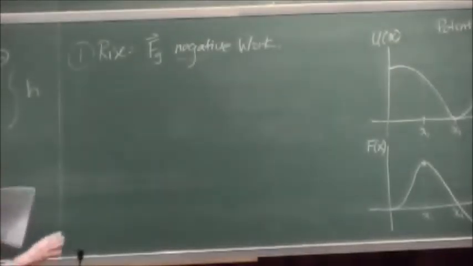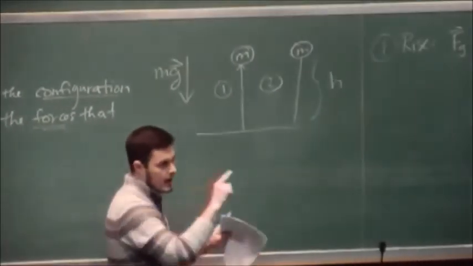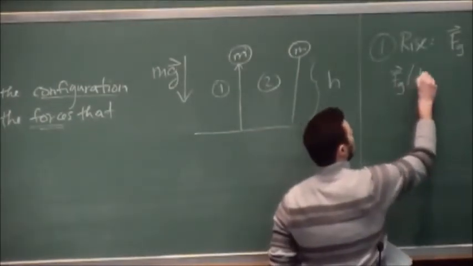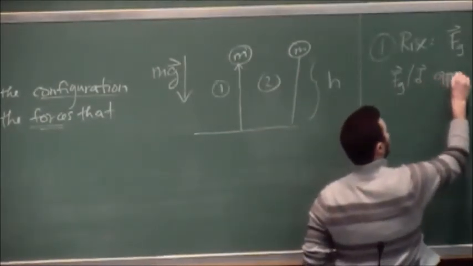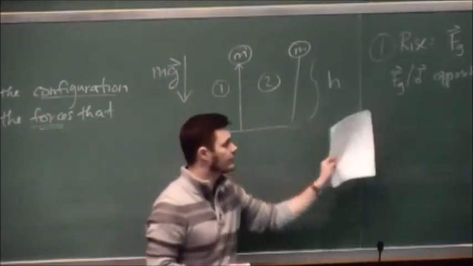So in terms of what we're doing in this class, a quick way to say it: is my work positive or negative? If you look at this vector, it's pointing down, but in process number one, the ball's going up. So F_g and d are opposite, right? That tells you right away that this force, gravity, is doing some kind of negative